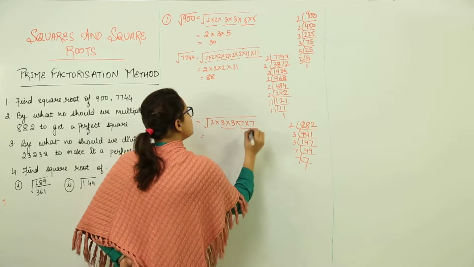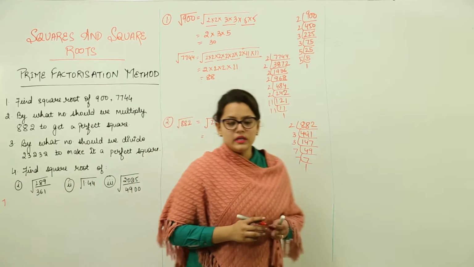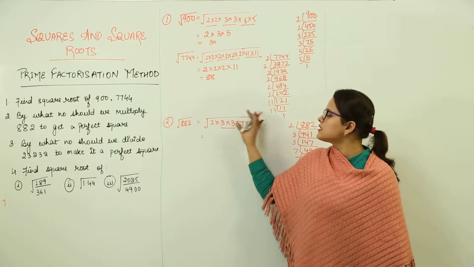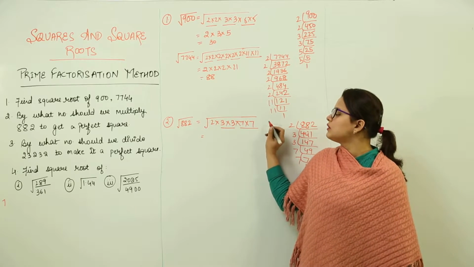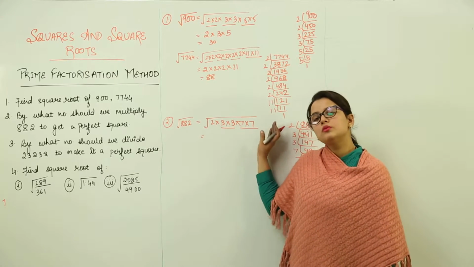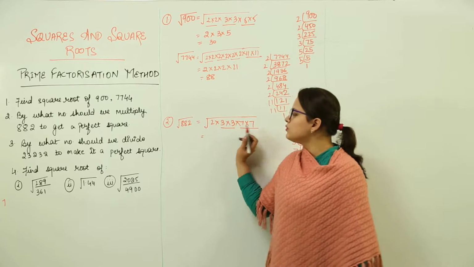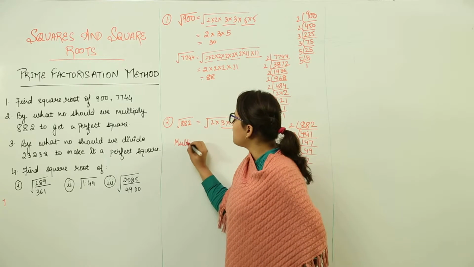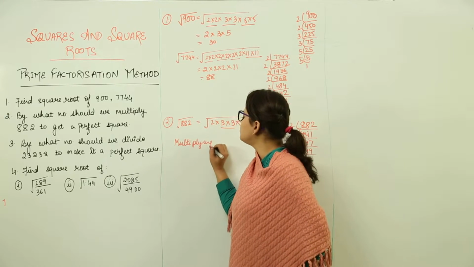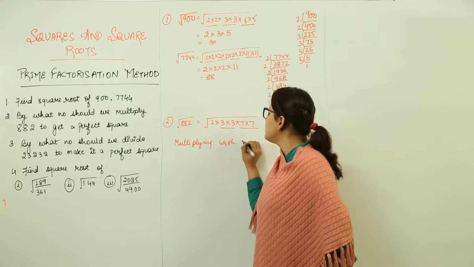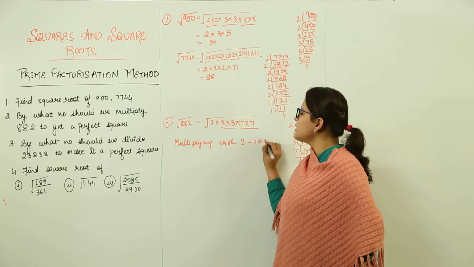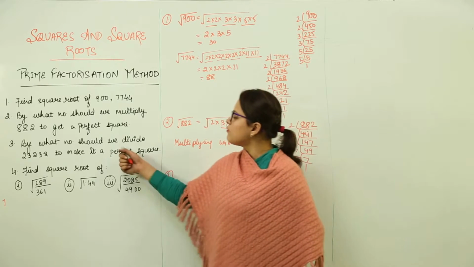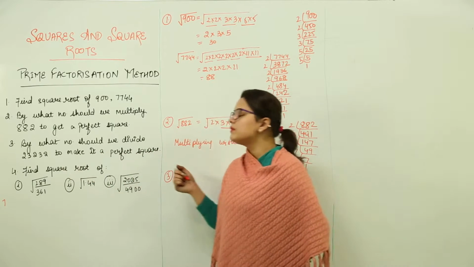So we will group the terms now. Is there any ungrouped term left? Yes. What are we left with? 2. That means we should multiply this whole term with 2. Why? So the ungrouped term will become grouped now, right? The grouped terms will give you the perfect square. So what will we write over here? We can write that multiplying it with 2, 2 being the smallest number possible, will give us the perfect square. Third question. Third question says by what number should we divide this to make a perfect square?